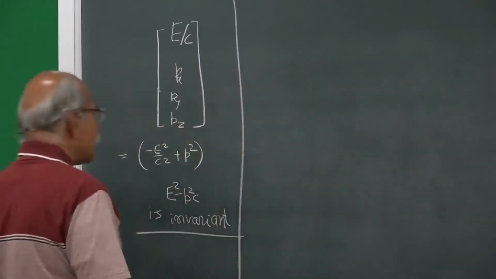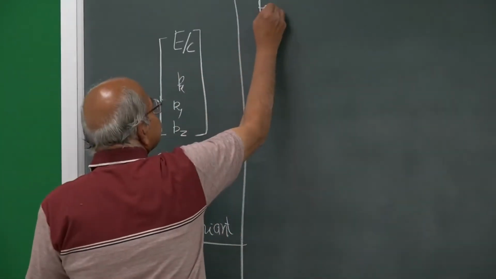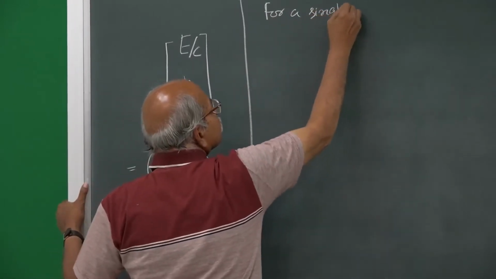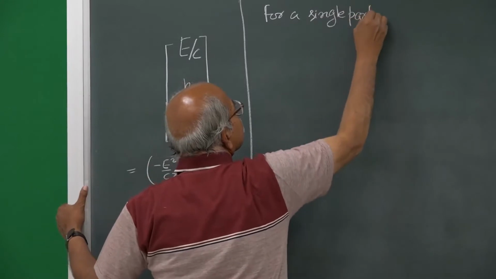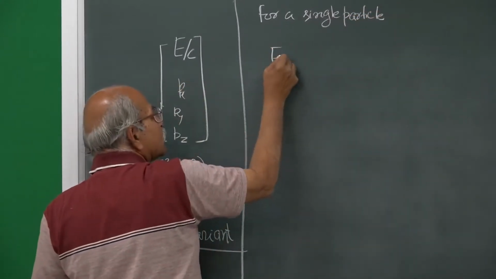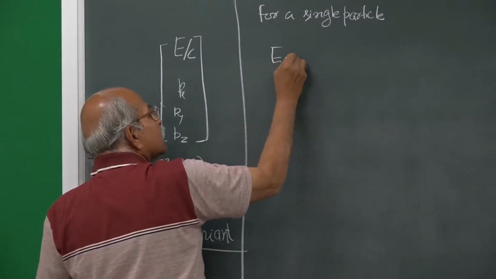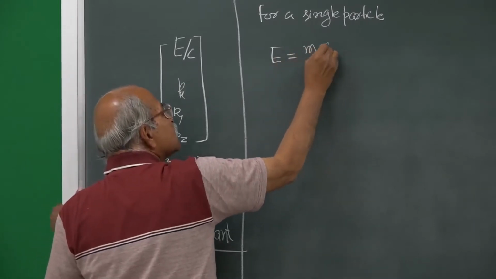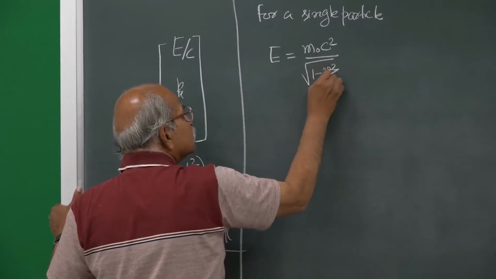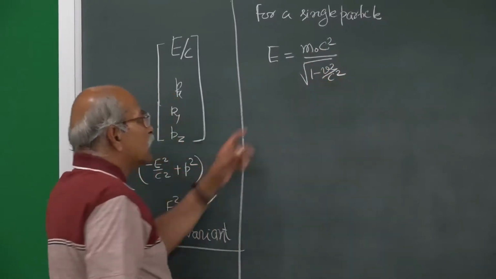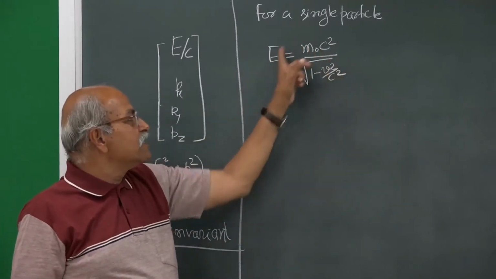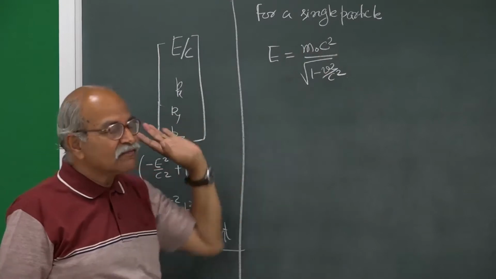So, for a single particle, you know that E is total energy, this is m naught c square times gamma, and this whole quantity is called the relativistic mass m, and then you write E is equal to mc square,